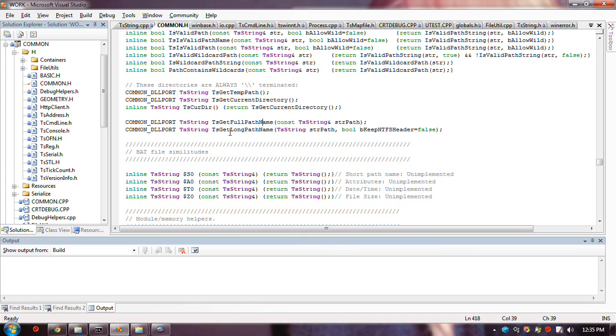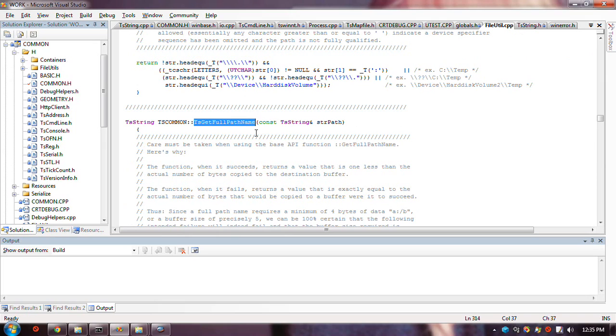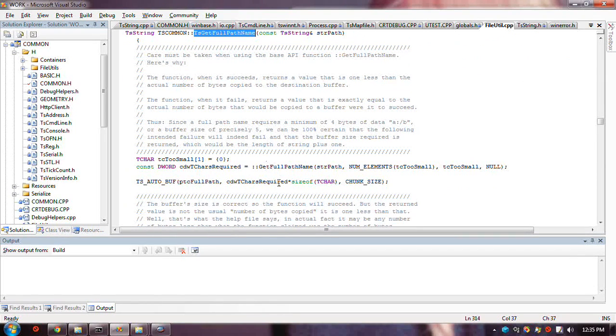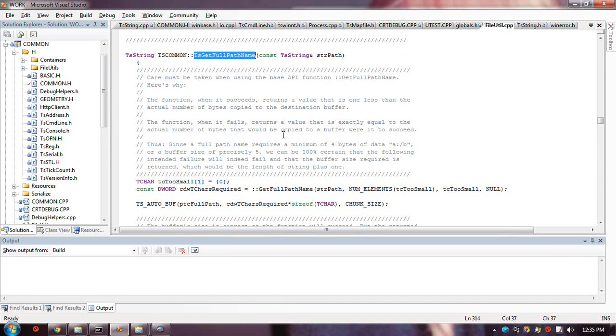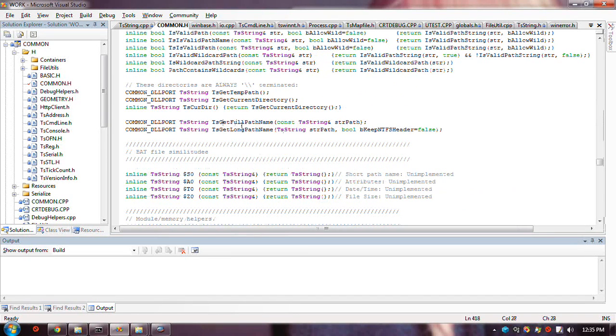Okay, now this here is using the one of them that doesn't care if the thing exists or anything, and one happens to care. You see, one of them is meant for just formatting, and one is meant to actually determine the existence or not, and give you the actual path name given any path name.